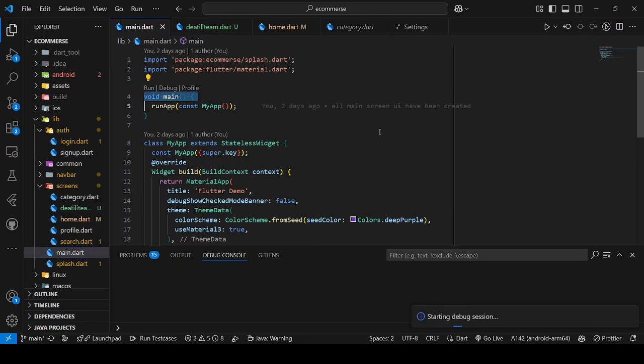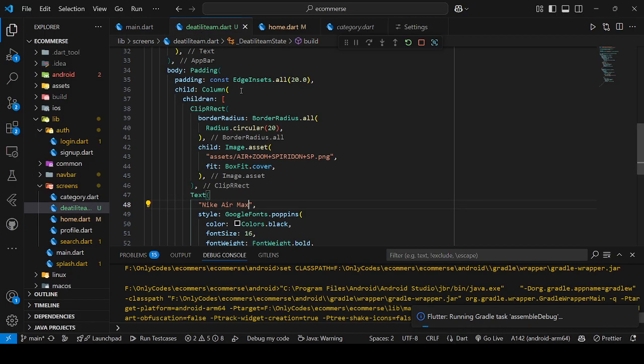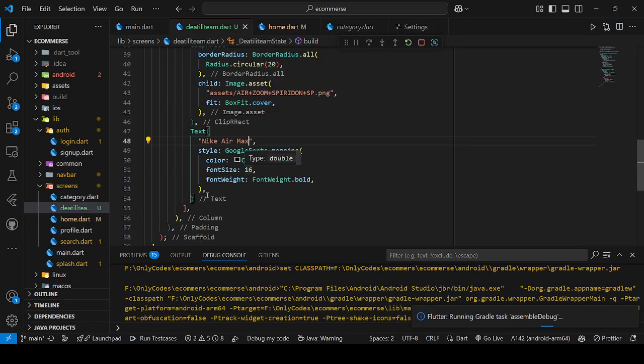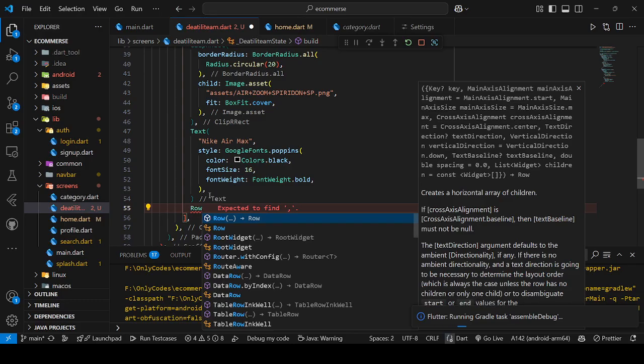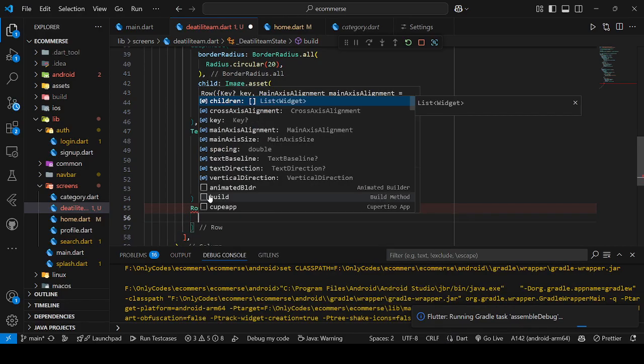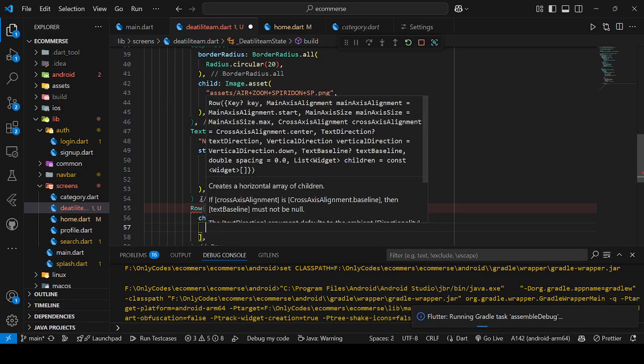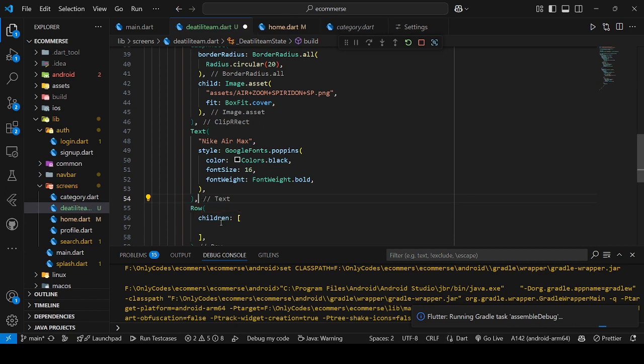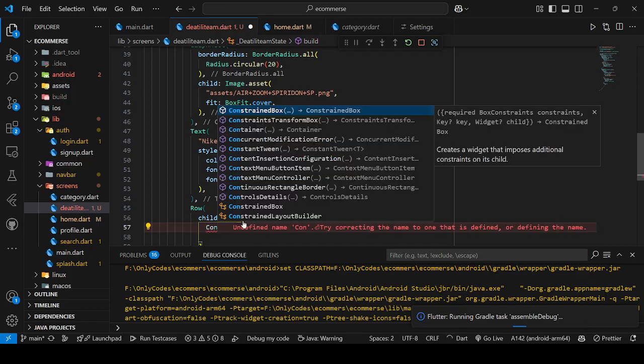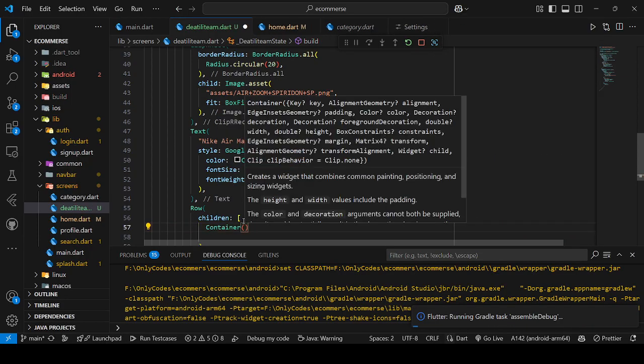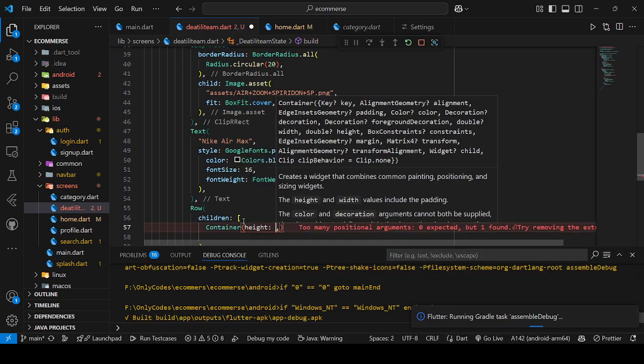I think we lost the connection with our device, so let's wait until it's building and add some more things. We'll be next adding a row. For the row, we can make a little column-like structure, like a container, where a user can select the sizes of height